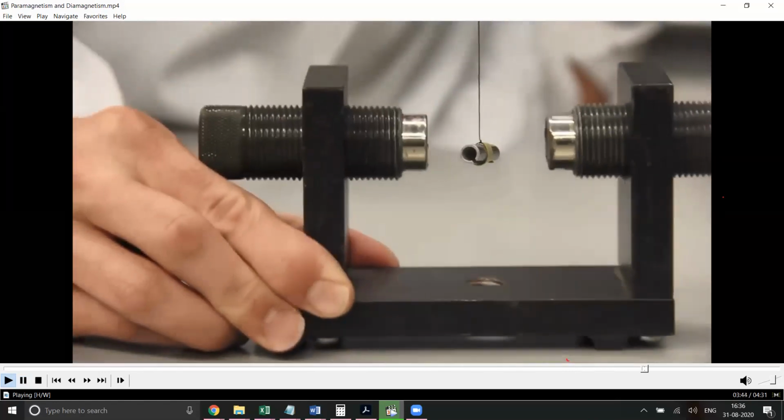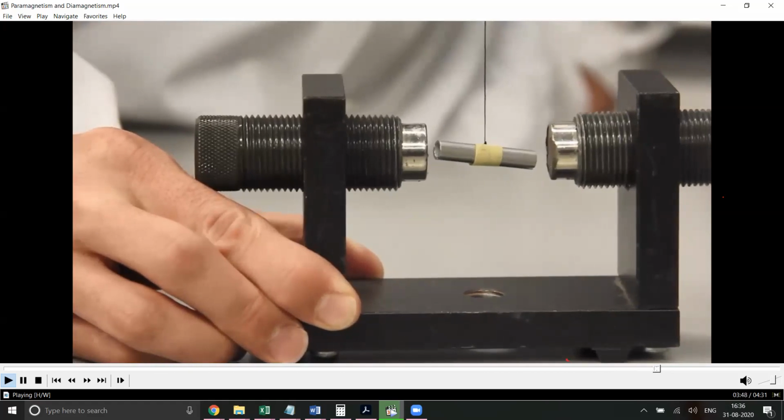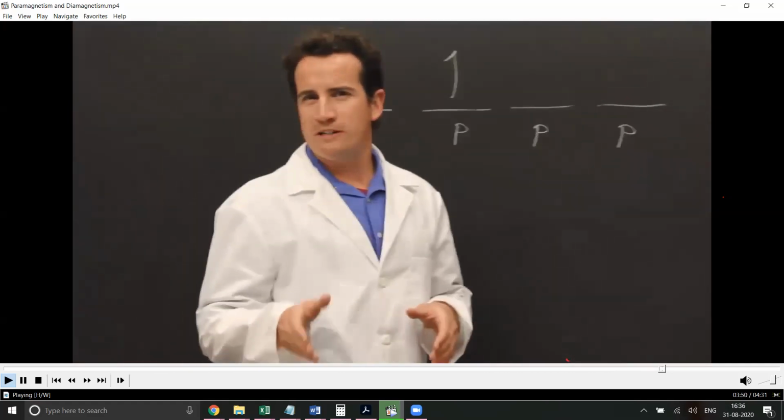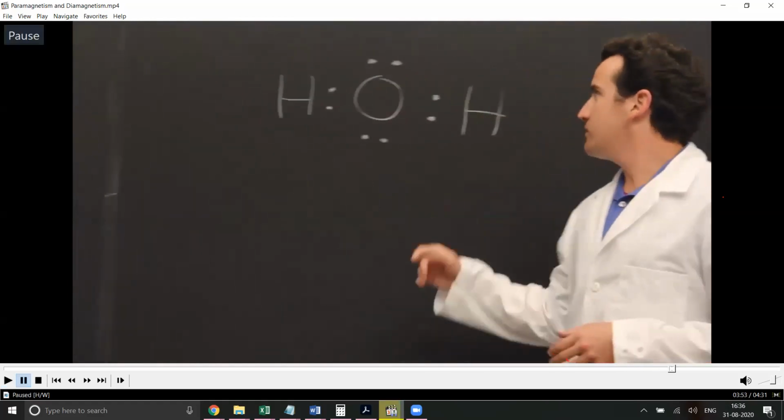And it's that unpaired electron that is free to be magnetized and attracted by the magnet. But what about a diamagnet like water? So we saw that water was a diamagnetic substance. It has all paired electrons. Two electrons are paired, and here there are 2 lone pairs of electrons, but still they are paired, right? So that is why it is exhibiting a diamagnetic property.